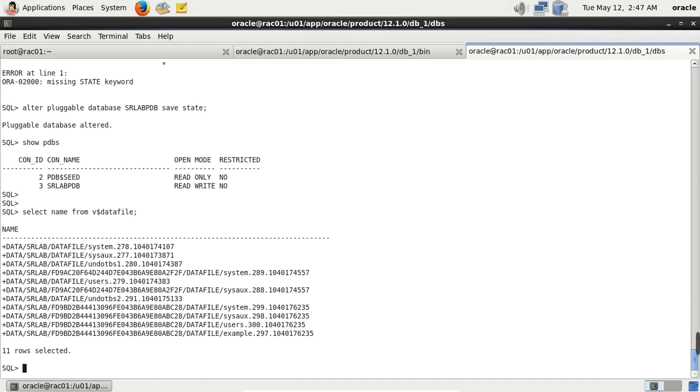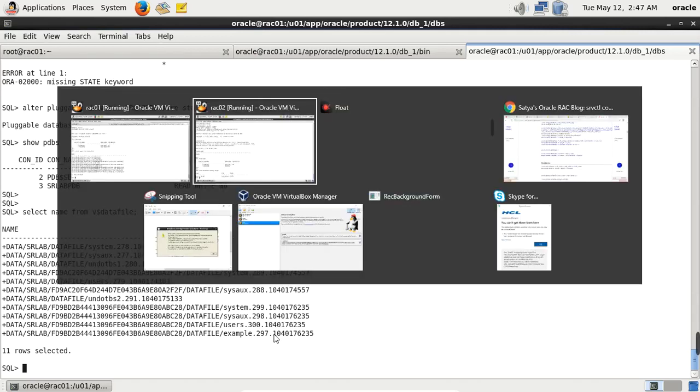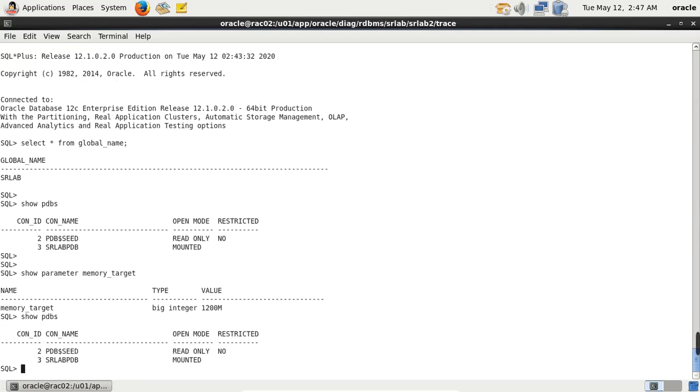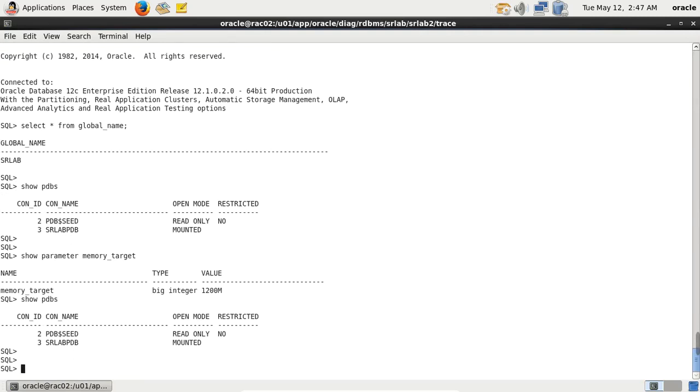Pluggable container and PDB root, PDB seed. And here you can see the PDBs are now mounted. So we need to open across all the nodes. Alter pluggable database SR lab